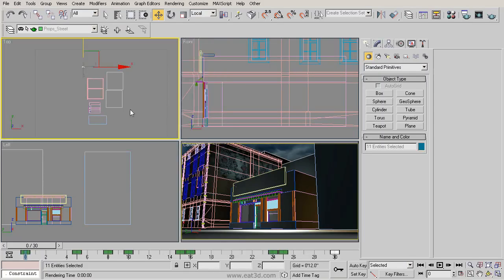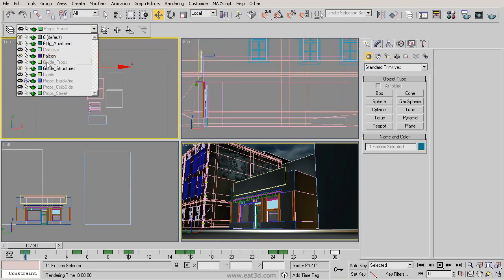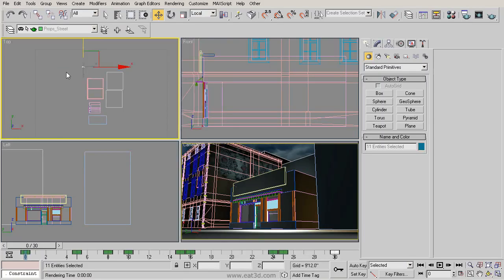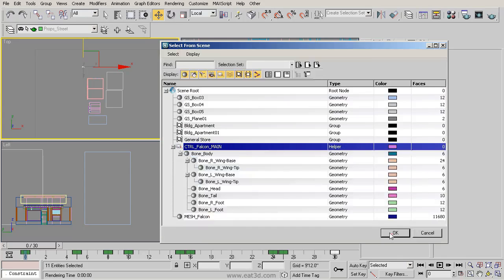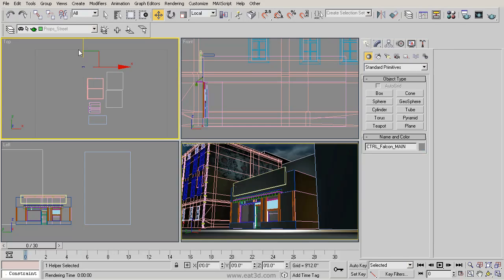And much like with all of our objects in the past, it loads it up right at the origin and brings in the appropriate layer. So what we need to do now is move them generally into the right location to start the animation. To do that, we're going to press H on the keyboard to bring up our select by name, and we're going to select our control object. With the control object selected, we're going to move him using our top viewport,